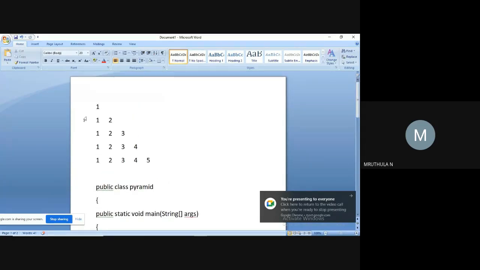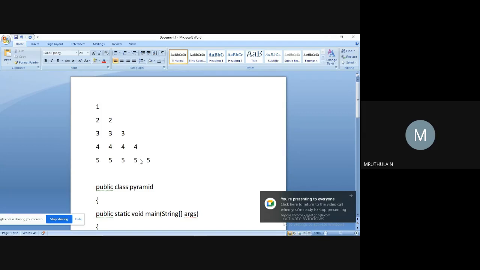Next, I want to print the pattern like 1, 2 2, 3 3 3, 4 4 4, 5 5 5 5 5.